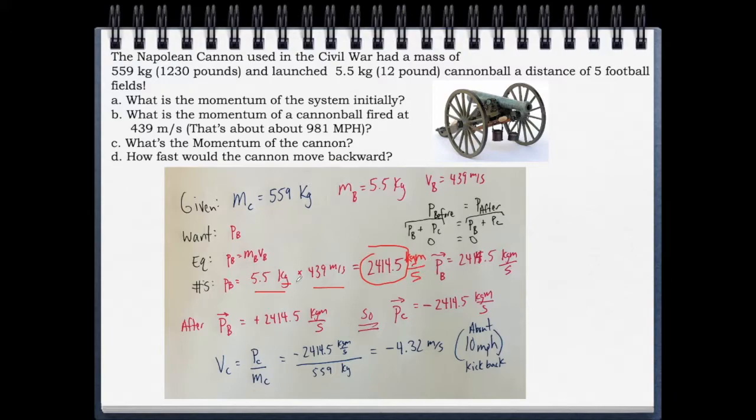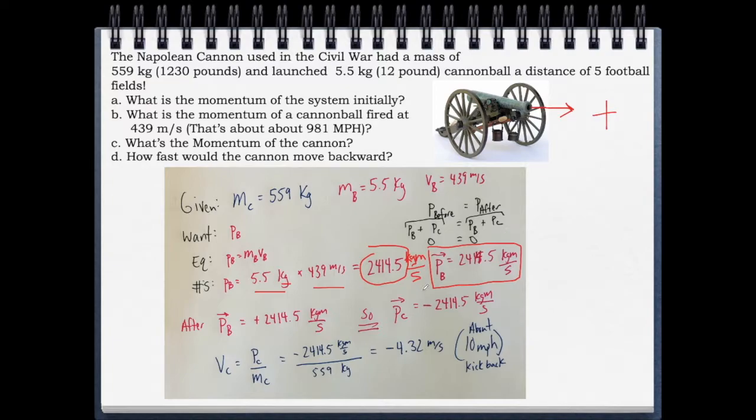All right, and then we didn't focus so much on this so far in our videos, but it's important to remember that momentum is a vector. And I apologize for the little scribbles there, but when you crunch this, we got 2,414.5 kilogram meters per second, and I put that vector symbol up there, which means I'm also going to include the direction. And I'm going to say when that cannonball gets launched from this cannon, it's going this way, and I'm going to say that that's the positive direction. I just picked it to be positive to the right because it made sense to me.